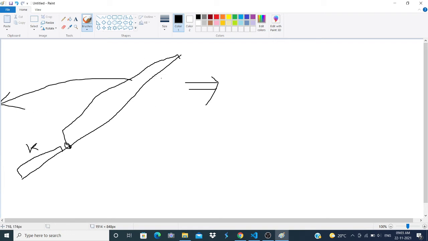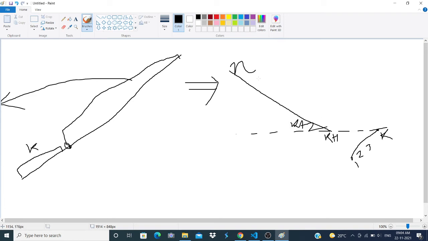So after rearranging, my sequence will look something like this. Let's say this is 1, this is 2, this is 3, this is k, and this is k plus 1, k plus 2, and up to n.